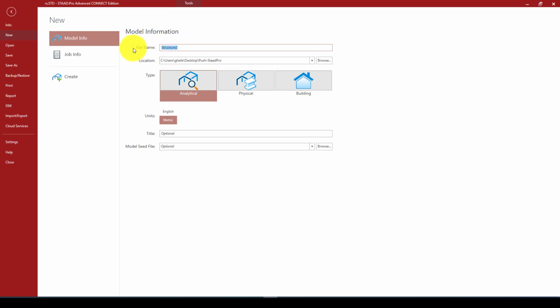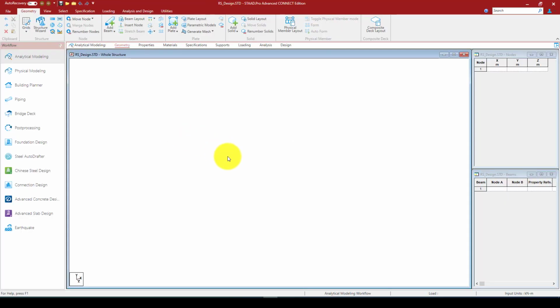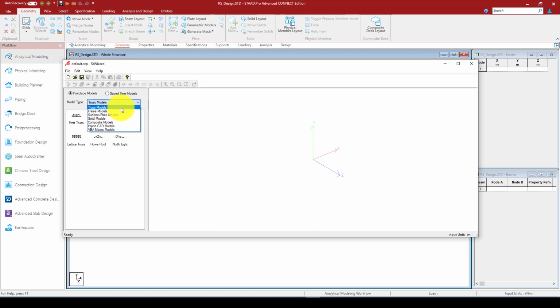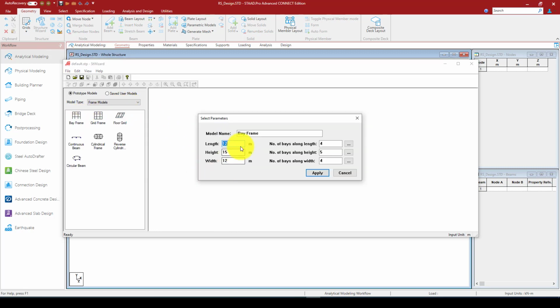We go here and create a response spectrum design. We can create an analytical model, and this is also applicable for the physical model. For simplicity, we use the structure wizard and a frame model. The length is 3 bays, 15 meters, and the height is 30, which is 10 stories. And this is typical, we use the same 15